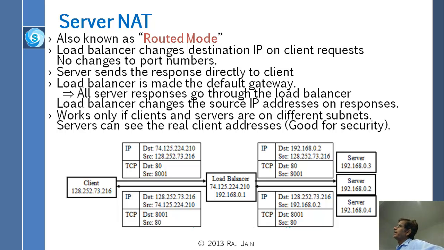Load balancer is made the default gateway. So the problem here is this packet actually has to go through the load balancer, and the way it will go through the load balancer is not by the address, but because it is the default gateway. You know what is the default gateway? All the packets go through the default gateway. So now, if you make this a default gateway, this packet will go there, the load balancer will look it up